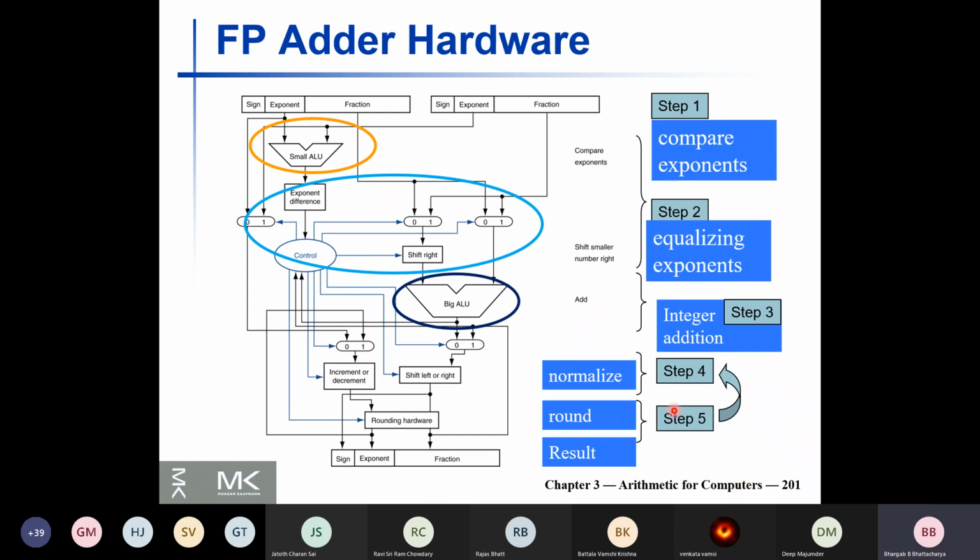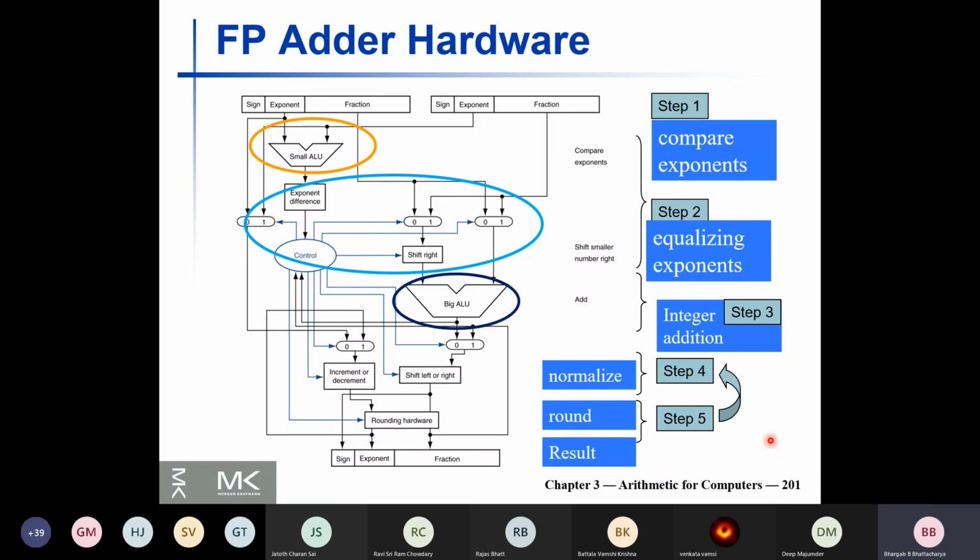And now I will give you a small example to illustrate how this rounding is performed and how some bits are lost, as we have seen in the previous example. When I shift the smaller number towards the right, some bits may be lost. So how do I manage those bits, and how do I perform the round operation at the end?